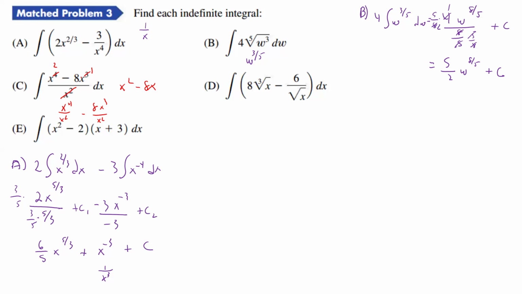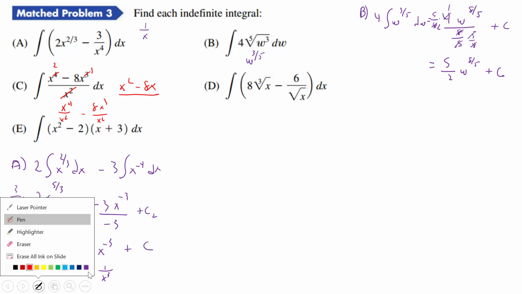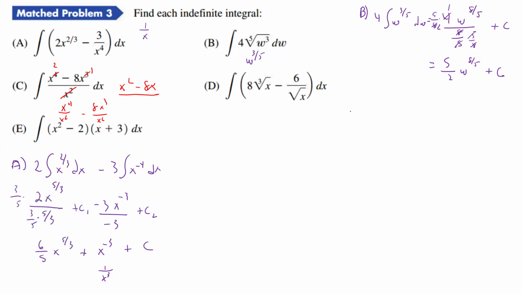Or you could have even factored an x squared out of here and then had x squared times x squared minus 8x. And then the x squareds cancel. But in all cases, that's where we're headed. Okay. All right. So for C,